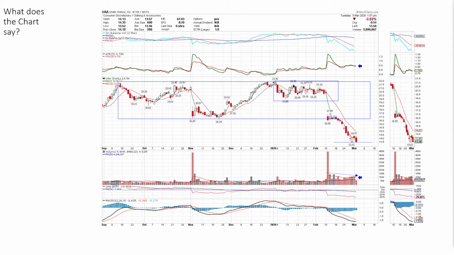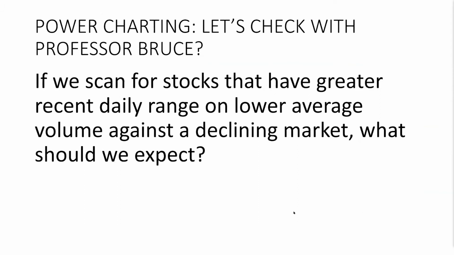So this particular scan has not produced much in the way of trading candidates for us, but we need to remember that the first time we run a scan or process a scan through our mind, that's not where we stop. Now we take a look at what the opportunities are to work with these concepts and produce more interesting results. For example, what if we scanned for stocks that have greater recent ATRs but have lower average volume and the market is declining? Note that when we scan for ATR and volume, we are not